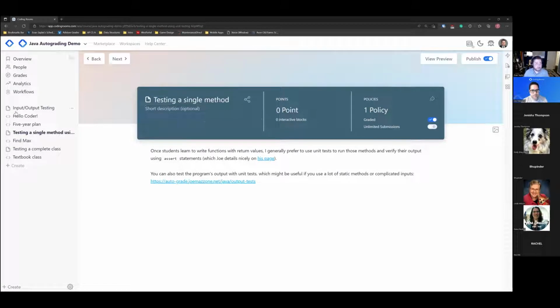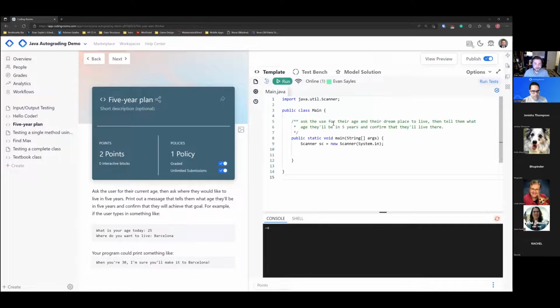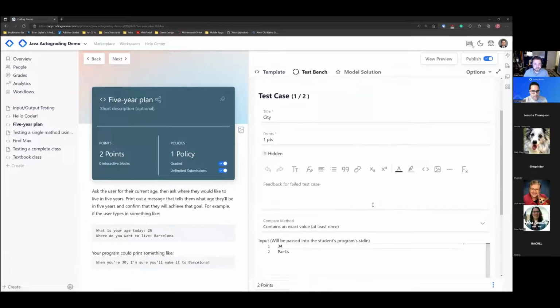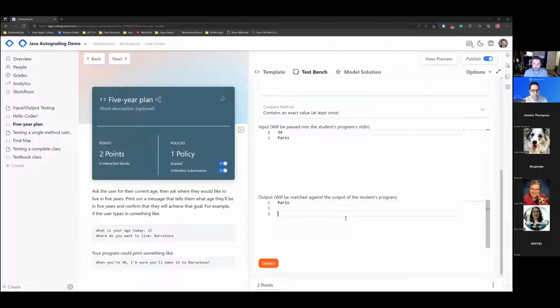I kept really pretty simple examples here, but in our test benches, I can add more lines down here. So if you want their output to have like a grid, every number separated by some character, however you format it, you can do that output matching as well. I think the white space in between would matter, Joe. I think that, right? Depending on how you build a comparison, but yeah,